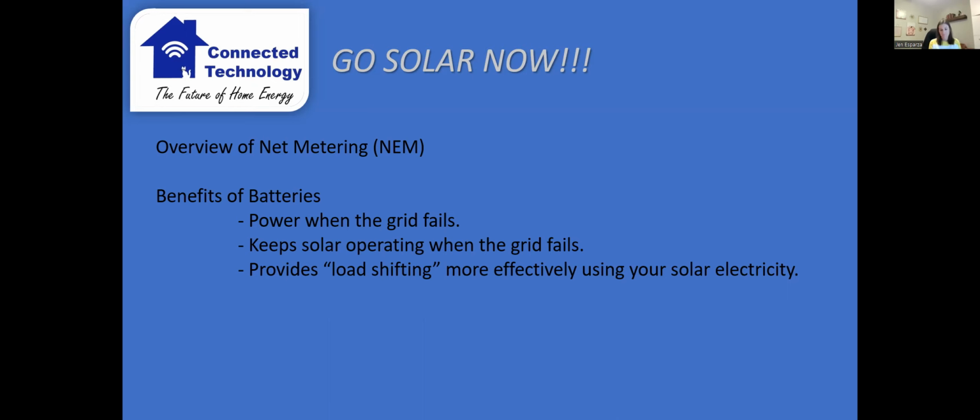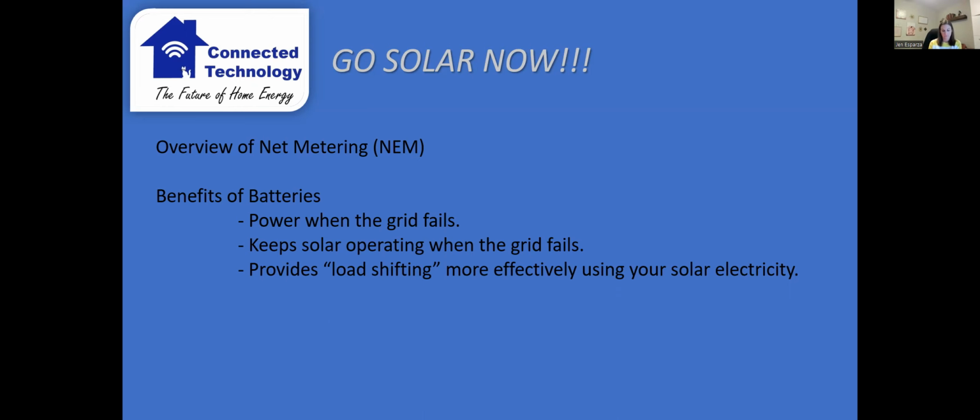There's a lot of problems with the grid for PG&E. There are a lot of reliability issues. Especially for folks who live up in the foothills, if you're on a well or you're in a fire area, it's really difficult when your power goes down. And so there's a lot of money available through the SGIP rebates to encourage people to get batteries.